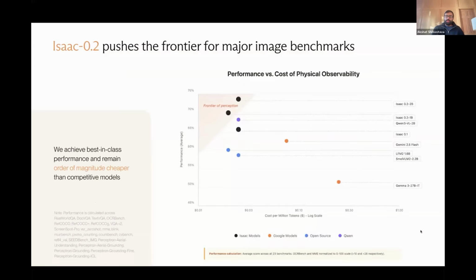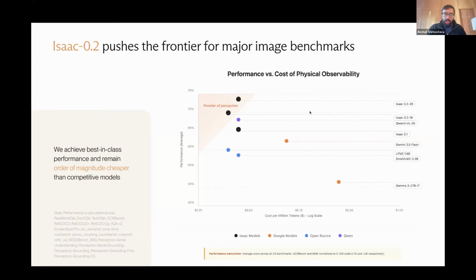So just to summarize what we mean by the frontier of perception. I think normally, if you're looking at the frontier and building at the frontier for physical world problems compared to digital world problems, the frontier tends to be purely about quality. But the issue now is that there's also this price axis that isn't just about reducing costs, it's about unlocking those new markets we were talking about earlier. We need to build something that's at this intersection. So no longer is something at the top here the frontier, you have to be top and to the left